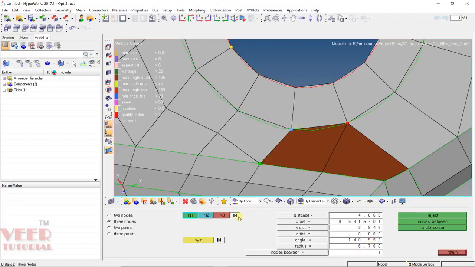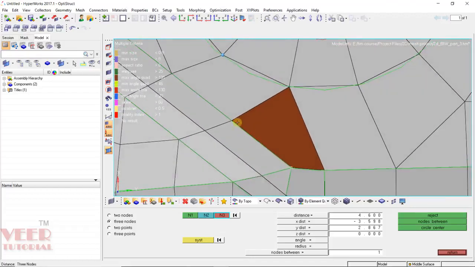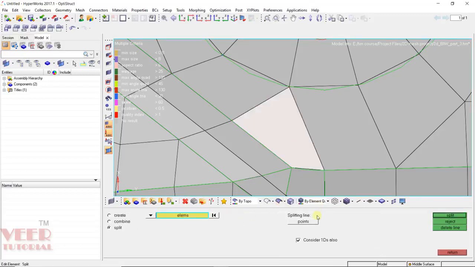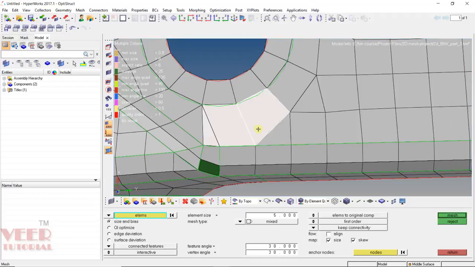So what I do is I move this node. Select the distance from this node to this node, and let's say this is 4.6. When I translate this node in the backward direction, we can see the angle will reduce. But we cannot do this for this element because these 3 nodes are feature line nodes. The only thing we can do is split this. Select this element and split it like this, then F12, and then we can do the remesh.